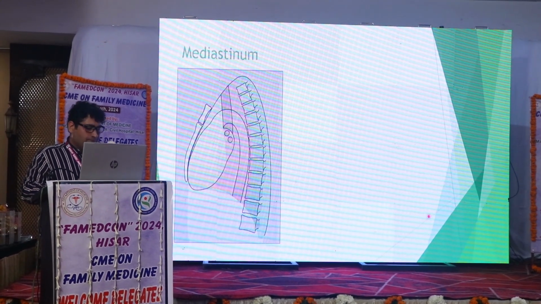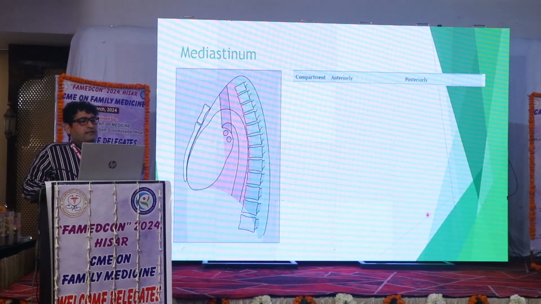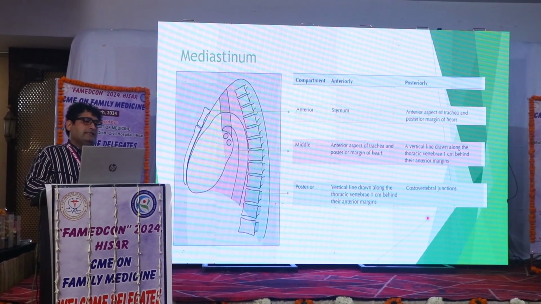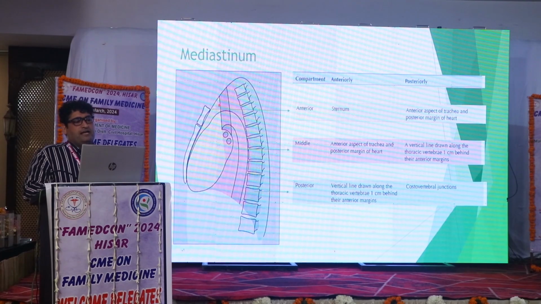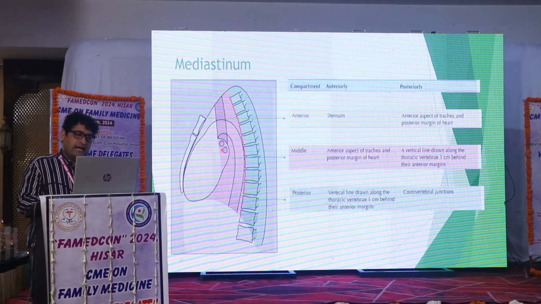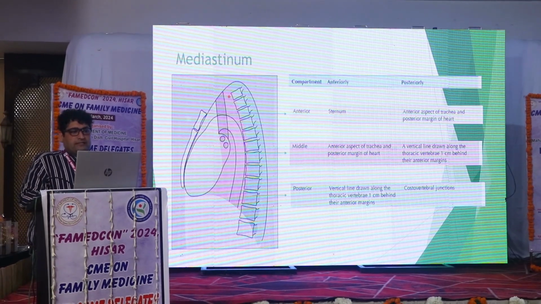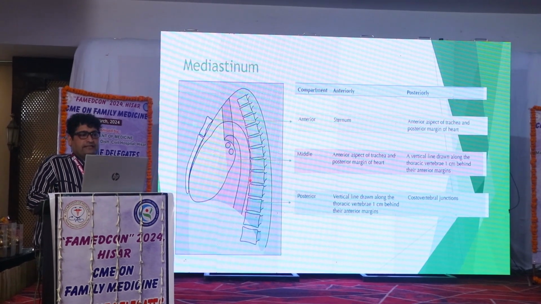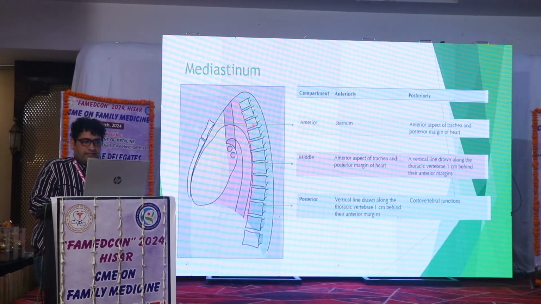So now coming to the mediastinum. In a lateral chest X-ray, there are three imaginary lines which differentiate between the anterior mediastinum, middle mediastinum and posterior mediastinum. See, the anterior mediastinum is bounded anteriorly by a simple bony structure known as the sternum, and its posterior boundary is marked by the anterior part of the trachea as well as the cardiac border. The middle mediastinum is bounded anteriorly by this same boundary, and posteriorly by a vertical line drawn just anterior to the thoracic vertebrae, approximately 1 centimeter anterior. And the posterior mediastinum boundary is 1 centimeter posterior to this line.